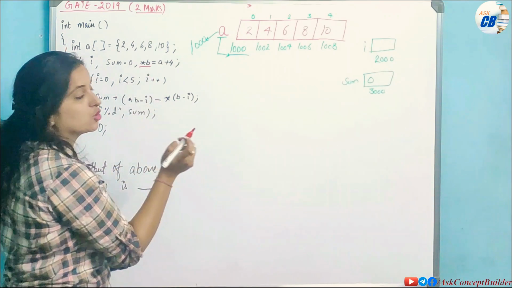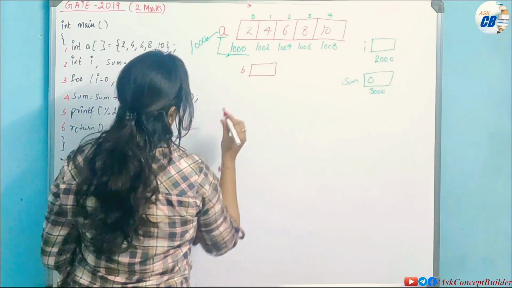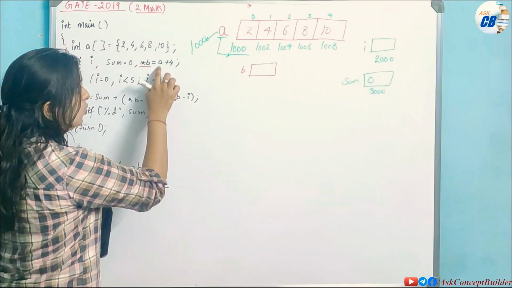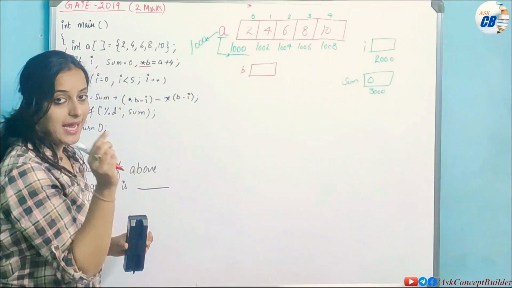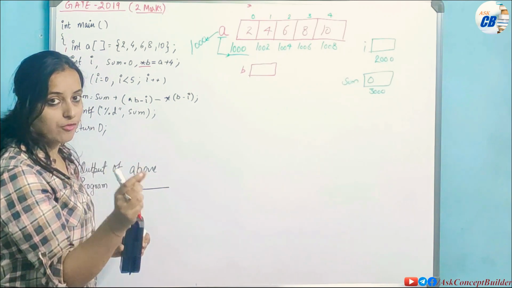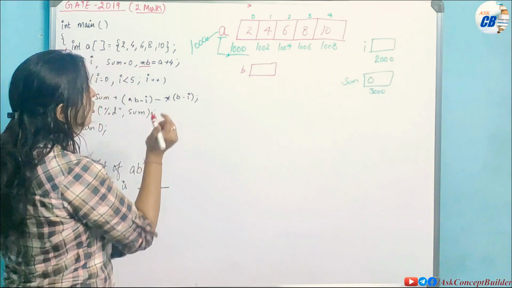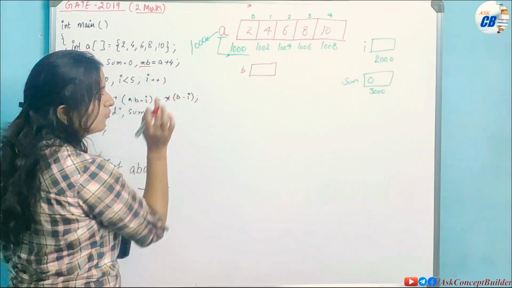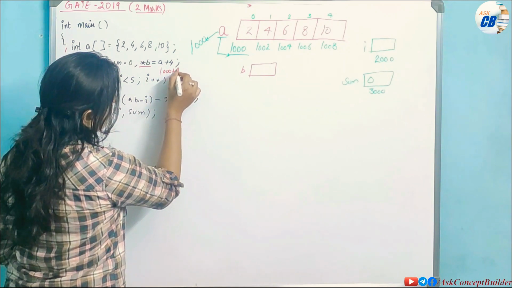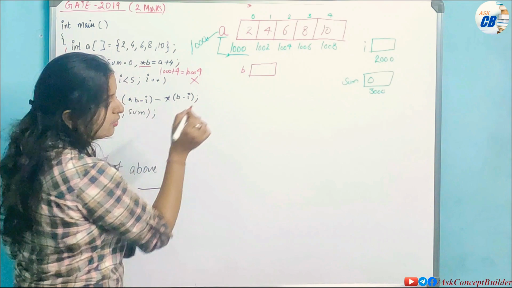Now what will this b store? Let us suppose this is your b, and now what will this b store? a plus 4. Now what did I tell you, what is a? a is the address of the first element of the array. So the first element address is your 1000, okay. So this is 1000 plus 4, okay. Now see, 1000 plus 4 is not 1004 here, okay.